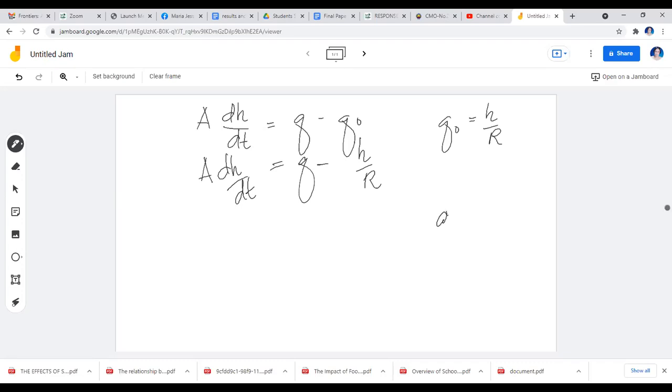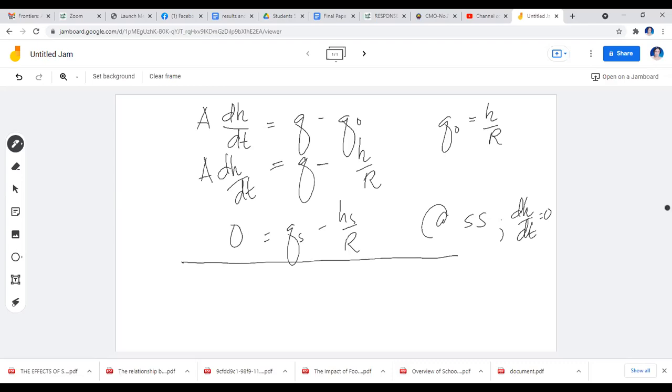Now, at steady state, we have the level of the liquid inside the tank not changing. So dH dt here is equal to 0. So that would be 0, and you have Q sub S minus HS over R. The subscript S that you are seeing here represents steady state condition. So what you're going to do next, just like what you did with the thermometer, is you subtract the two equations. So you have A dH dt